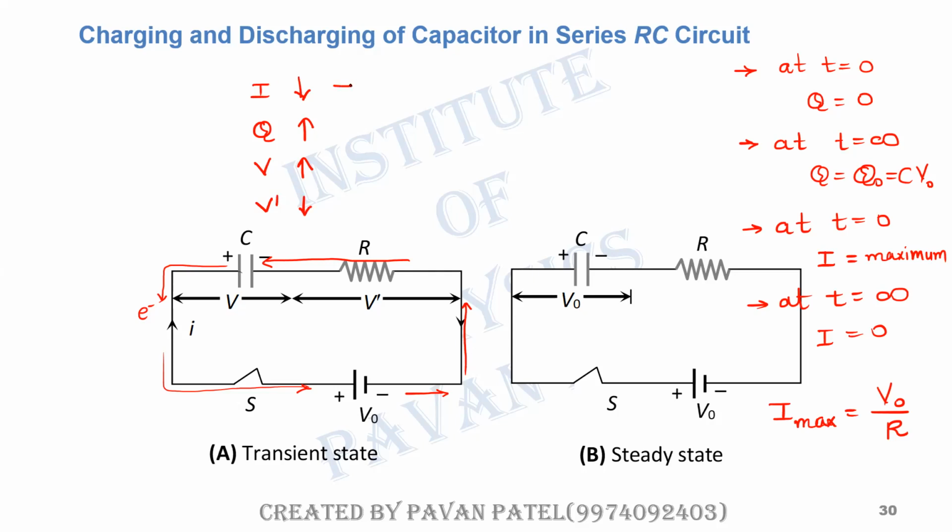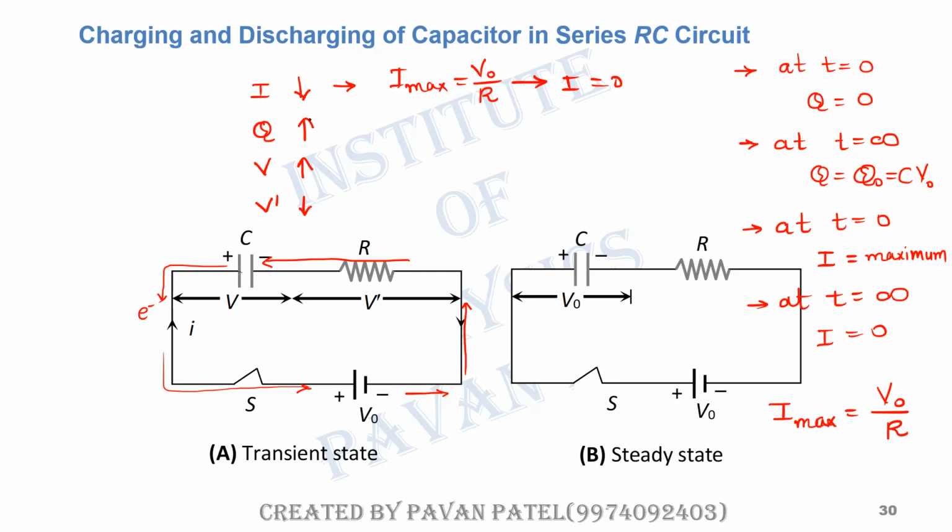Charge will be decreased from I maximum as V0 divided by R to I equals zero. मतलब करंट जो है वो डिक्रीज होगा, आई मैक्सिमम V0 डिवाइडेड बाय R से डिक्रीज होकर उसकी वैल्यू जीरो हो जाएगी जब कैपेसिटर चार्ज हो जाएगा। ये सारी प्रोसेस जो है as soon as we switch on, till the capacitor will be charged, तब तक की है। Once capacitor will be charged, करंट पास नहीं होगा।